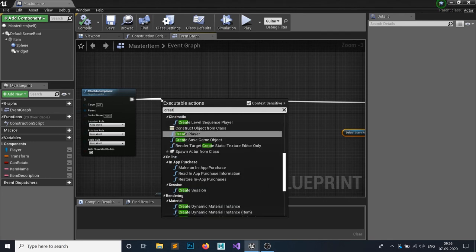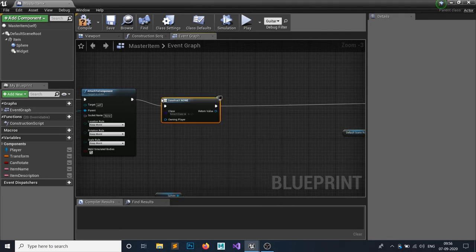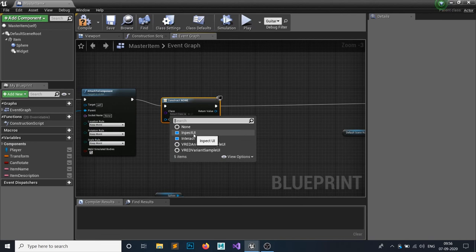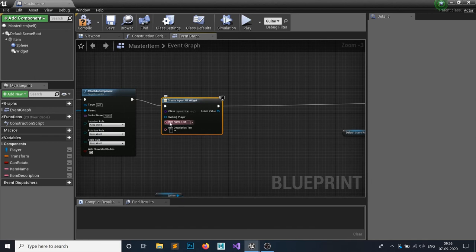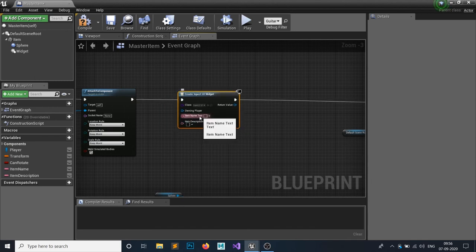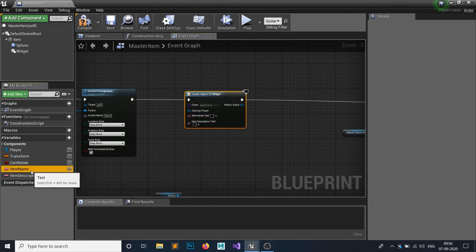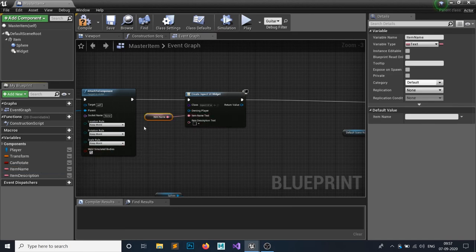And what would be the widget? Inspect UI. So whenever I click on it, you can see we have added two extra pins in it: item name and item description. This happens whenever we tick the expose on spawn. So attach the item name in here and attach the description in here.